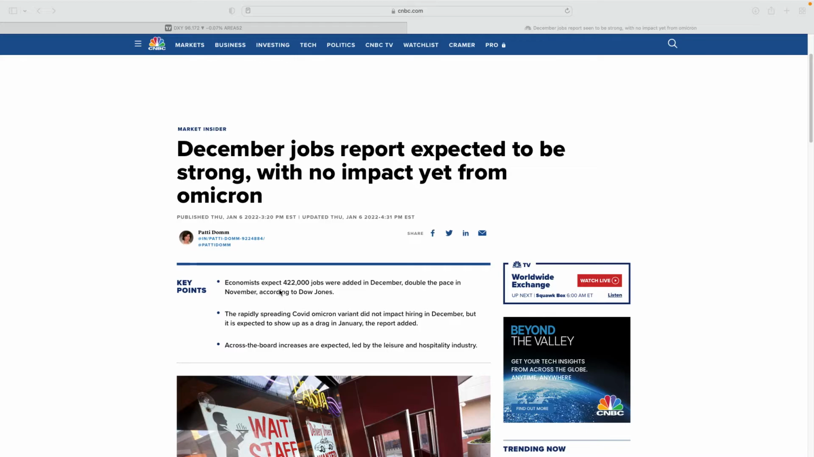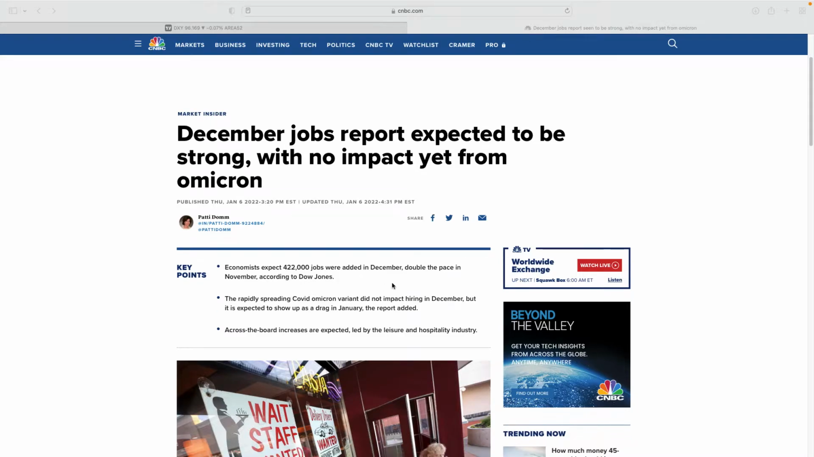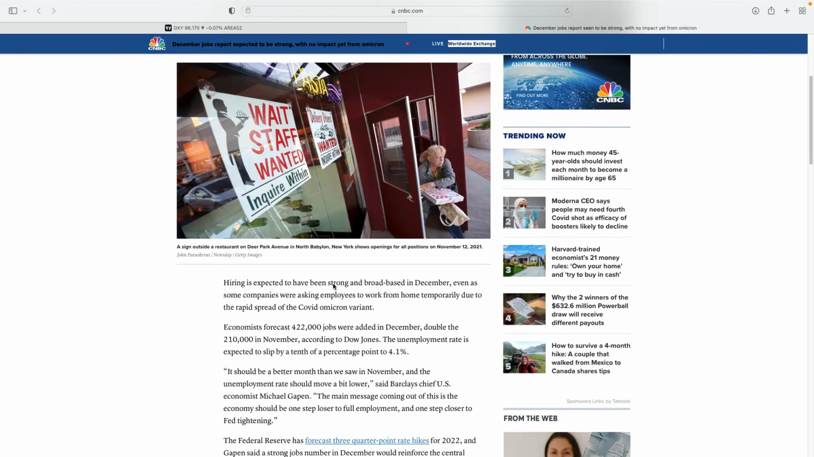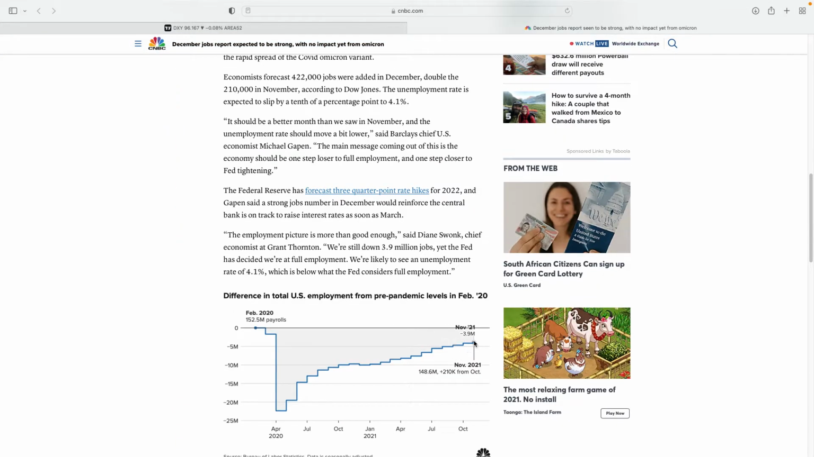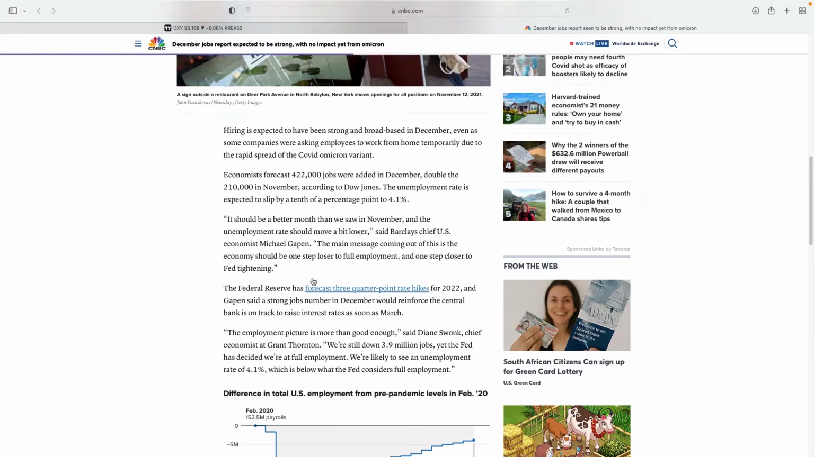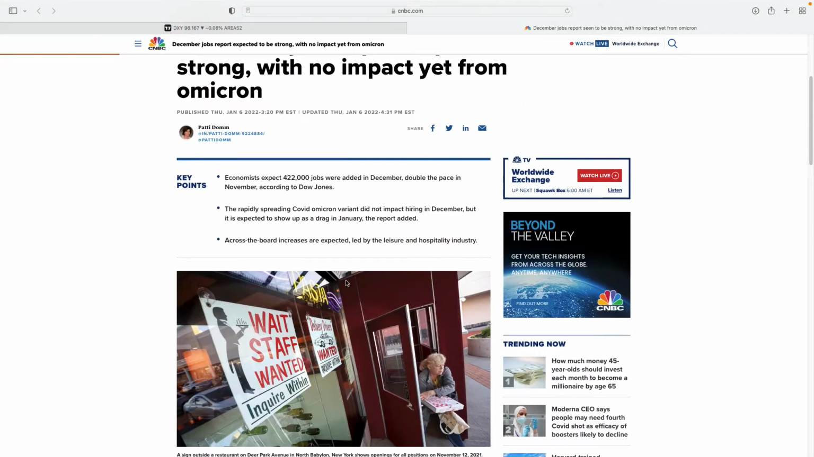So they expect 422,000 jobs to be added. That's basically double the pace of November, because I think in November we had 210,000. Sorry about that. Also here they speak about the rapidly spreading COVID Omicron variant, which did not